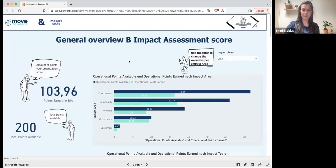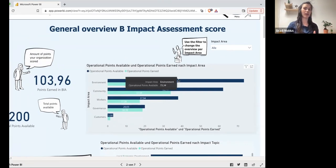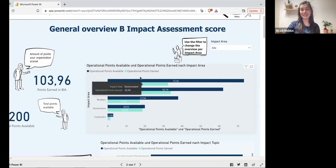As you see here, you see the 5 different impact areas: environment, community, workers, governance, and customers. On the dark blue line, you can see how much points you can score. And on the turquoise line, you can see how much points you have in this area. So you directly see that not all the areas get the same points, but depending on your sector,